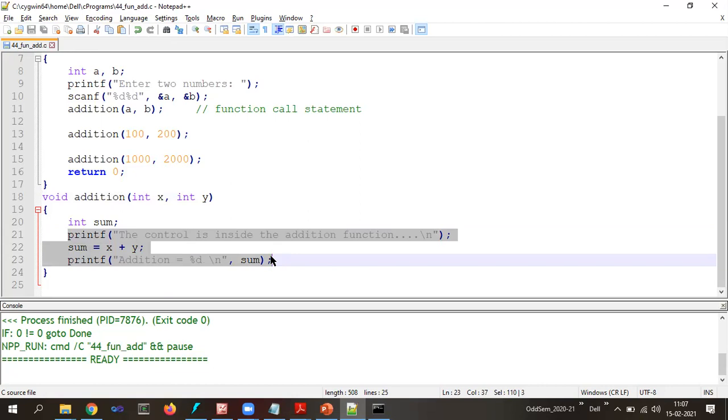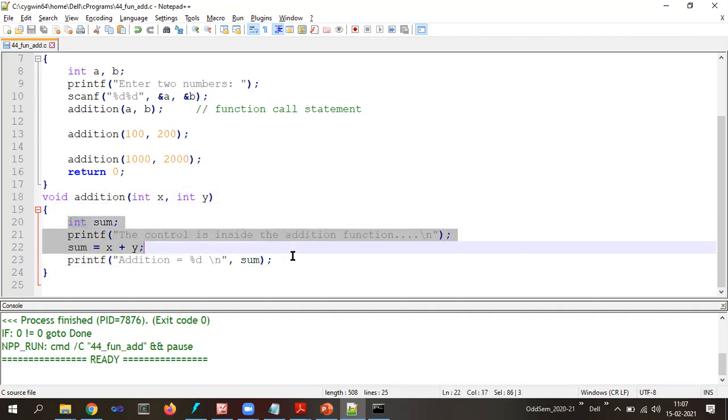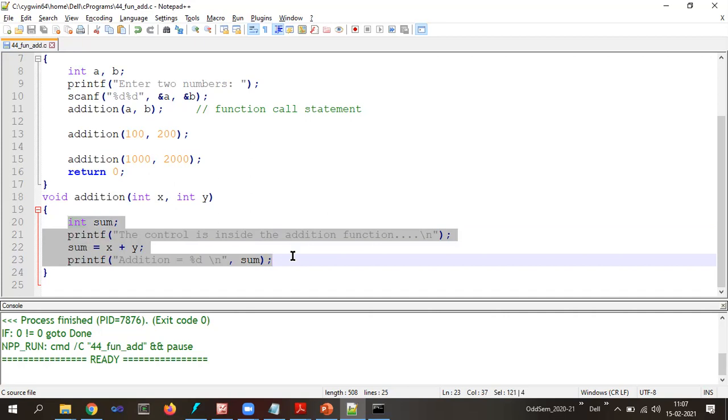The existing code can be reutilized in the program by writing functions. You can see here, this function is what? It is a kind of a sub-program or a module. Anytime if you want to execute or make use of these lines, simply do the function call to this particular function. So the function will be called, it will execute all the statements and again it will come back to the main function.